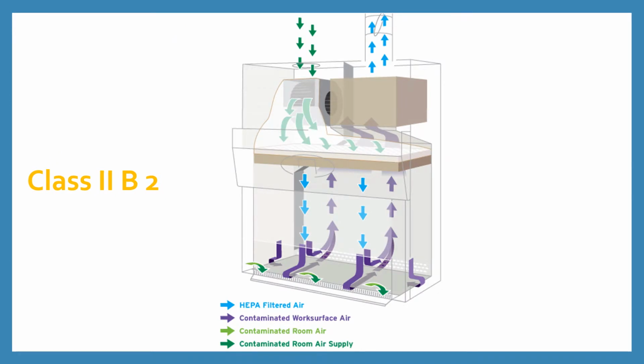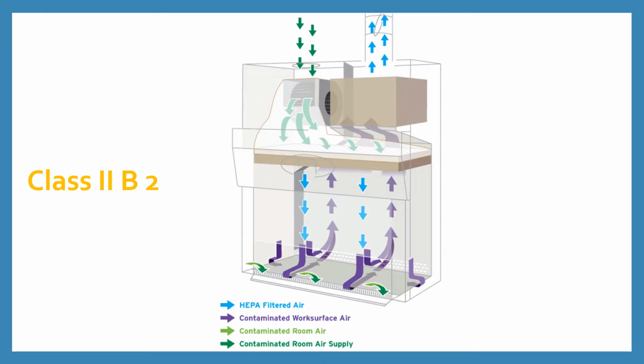The given image shows the front view of Class 2 B2 Biosafety Cabinet with the colored arrows indicating the flow of air. The contaminated room air, indicated by the light green arrows, is drawn in through the front opening into the front grille at an air velocity of 0.51 meters per second. The drawn air from the room and the potentially contaminated air from the cabinet, indicated by purple arrows, is circulated through the rear plenum to the exhaust HEPA filter, through which it is completely filtered out to the facility exhaust